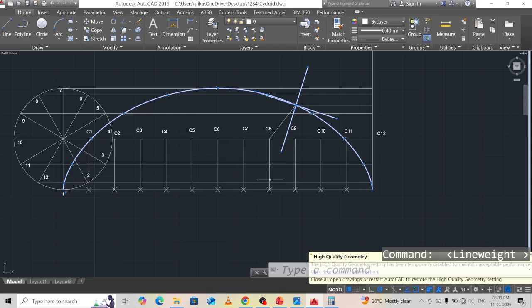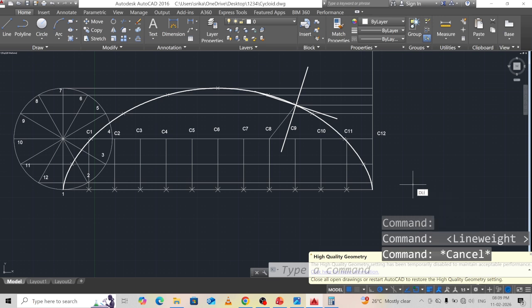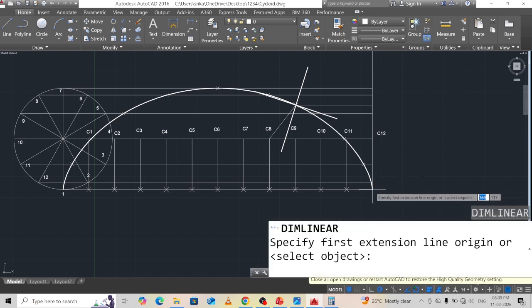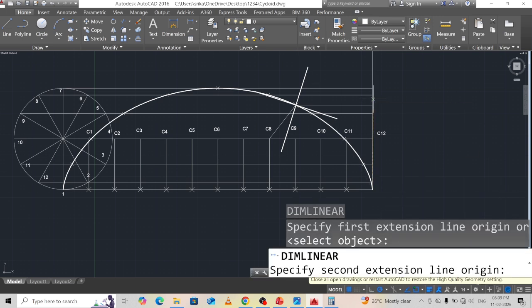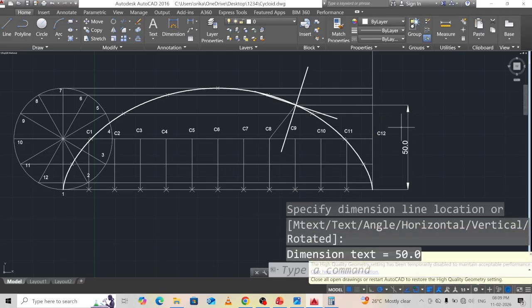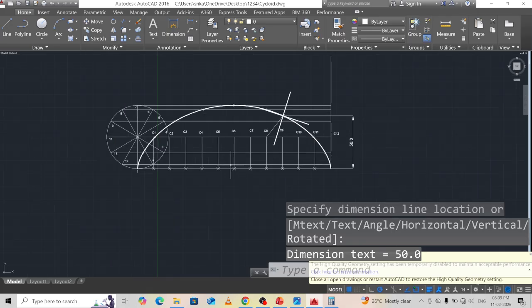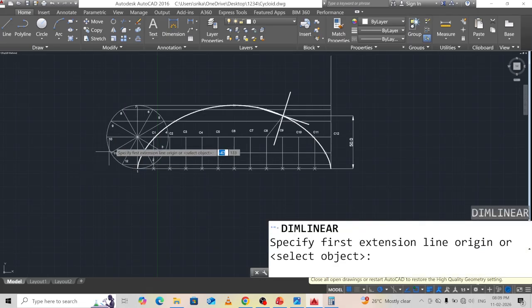Okay, right, so next one is DLI, enter. So measure the dimensions of the tangent with respect to the points, and next one is you can find out the radius of the circle,